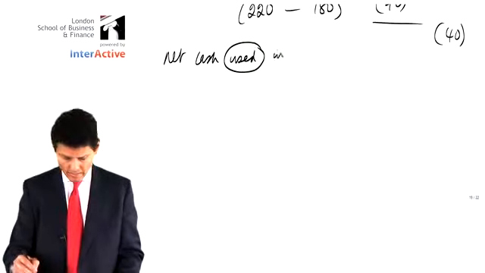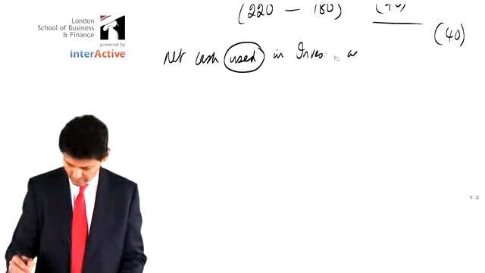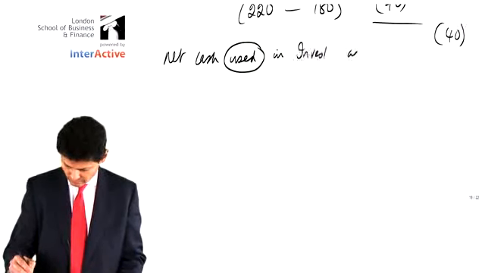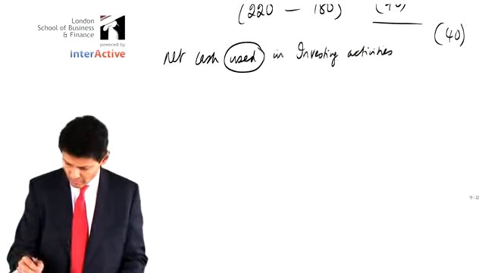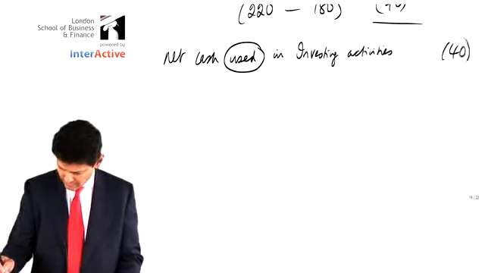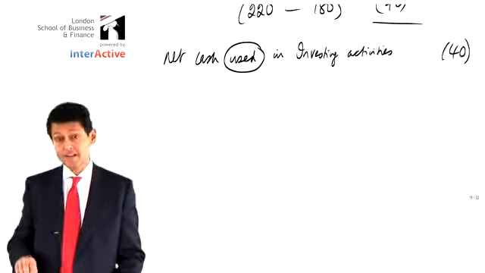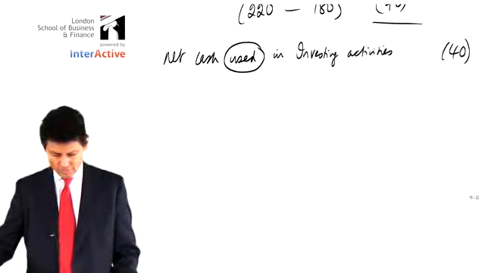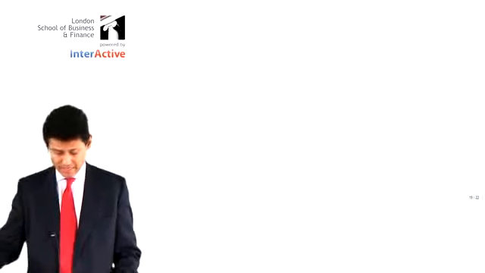Used in investing activities, $40. Just move it down slightly. No problem. And so, because we've got our operating 41 and our investing of 40, nearly cancelling each other out